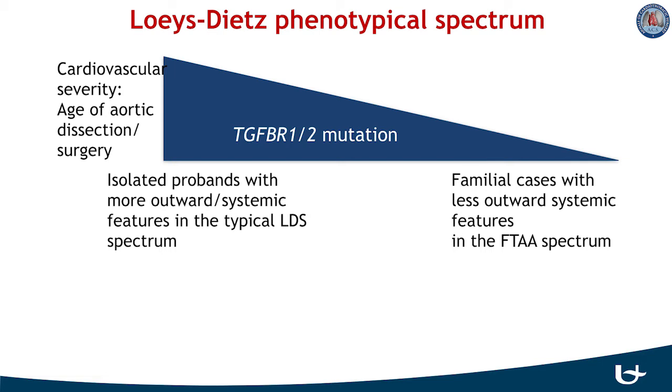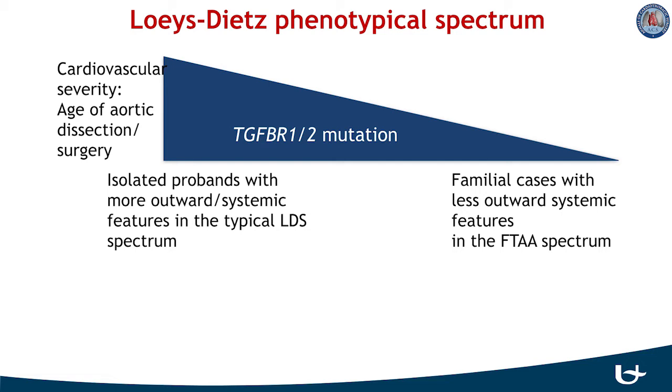In isolated patients with more outward and systemic features of the typical LDS spectrum, for example, cleft palate, hypertelorism, craniosynostosis, we usually observe also a more severe cardiovascular involvement, with earlier need for surgery and aortic dissections occurring at smaller